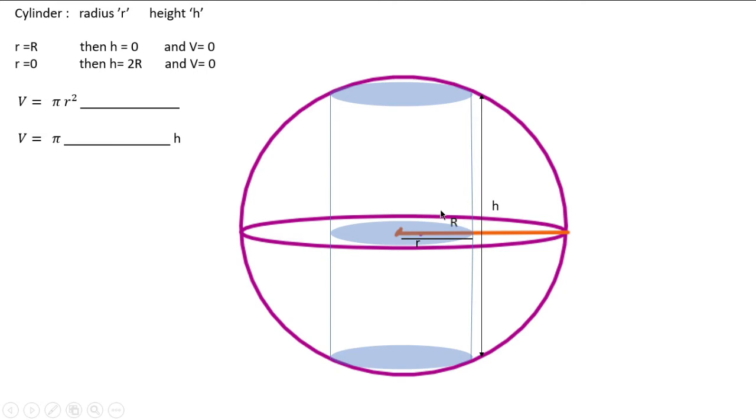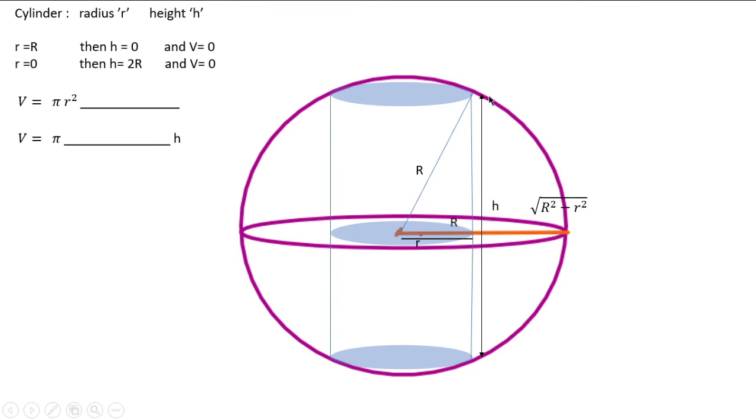Now let's complete the right angle triangle. So this is your right angle triangle, and how much is this? See, it's joining the center of the sphere to the circumference of the sphere. Okay, so this is also R. Now this side here, this perpendicular of this right angle triangle, is actually equal to the square root of R square minus r square.